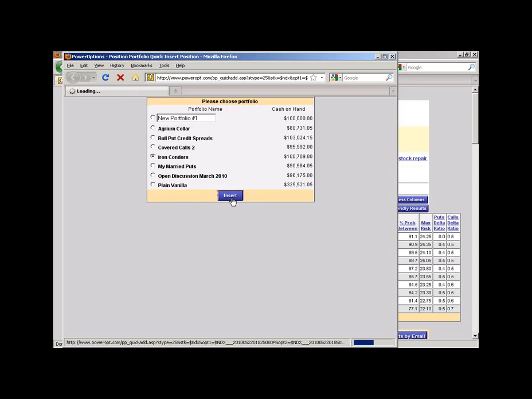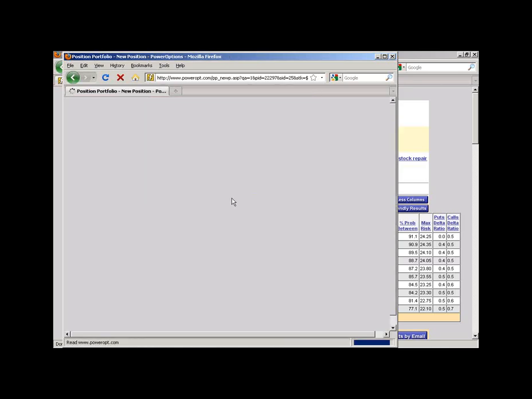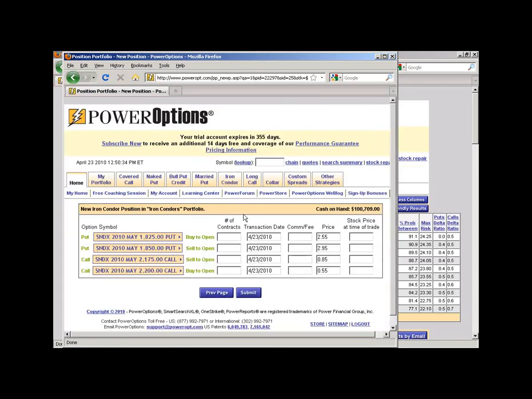Now, all 4 of the option legs are going to be transferred over for us. It's going to select today's transaction date as well. I could adjust that if I wanted to. All I have to do is select the number of contracts. To keep things simple today, we're just going to select 1 apiece. Since this is just a paper trade, I'm going to put in my